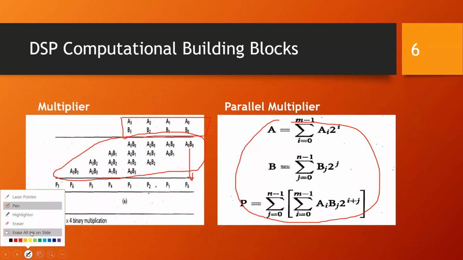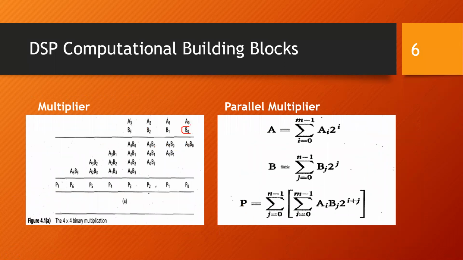Next bit, if you just see, it is B naught multiplied with A1, which I'll be getting in this form. Then I'll be continuing, I'll be getting all this. So I'll be shifting one location this side. I'll be taking the next bit and multiplying it with each of the bits. So B1 into A naught, then A1 into B1, and so on, similarly up to all the numbers.